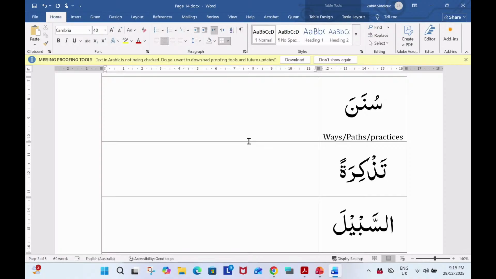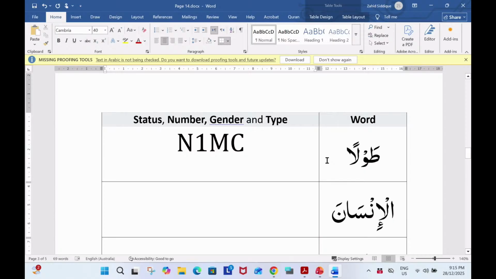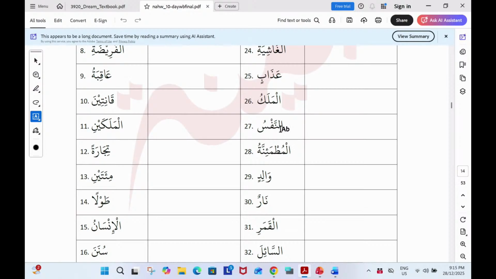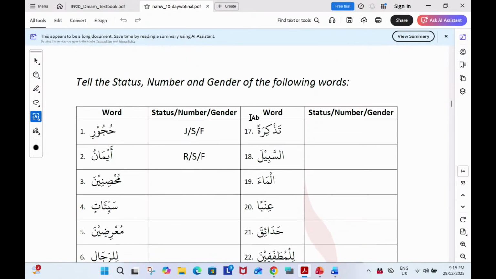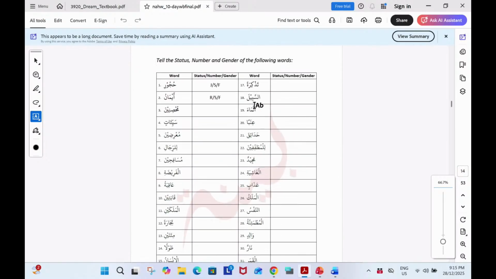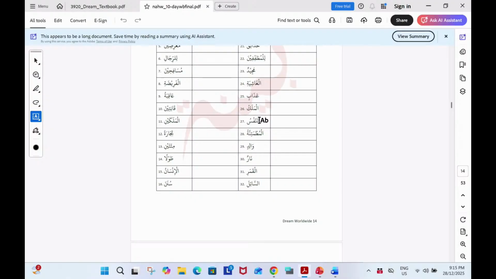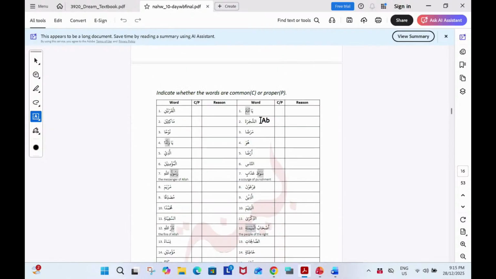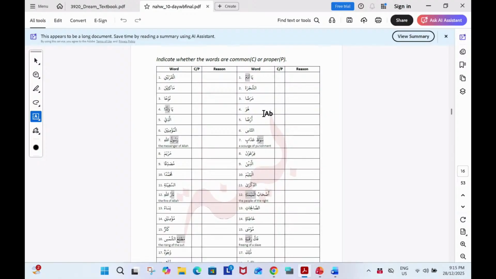So we have around 20 minutes. Inshallah, I will conclude here with respect to the practice, and we will quickly go on to the next topic. We have a couple of exercises within the book. Page number 14 only asks you to do status, number, and gender. However, because we have already covered type, do the type as well in all these examples. Plus, within this page, there are also examples which we need to do.